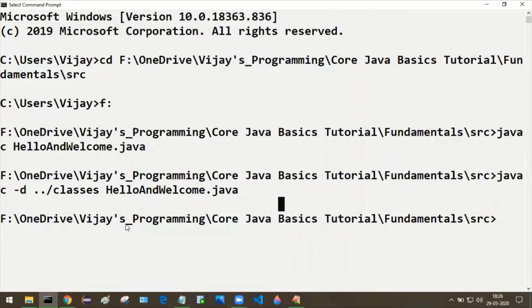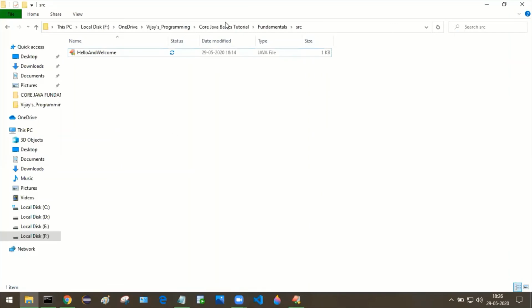Where it has been generated, that is inside the classes folder. Go to the file explorer in Windows. Here you can find that no .class file has been generated inside the src folder. Then where has it been generated? As we intended, we need to generate the .class file inside this classes folder.